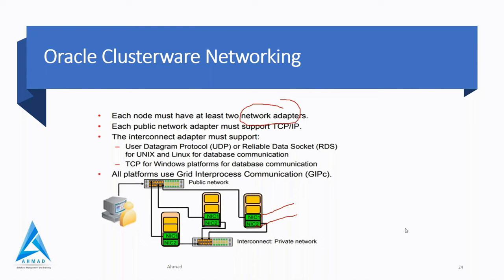When we use the advanced installation feature, then after that we can use this GNS feature. And how many IPs are there? You can say multiple IPs, but it depends on the one static address defined during installation, and that one static address allocates multiple VIP addresses that will be provided by DHCP.